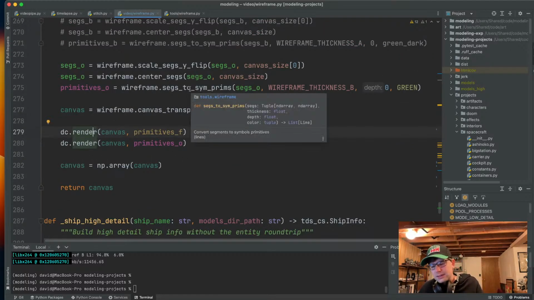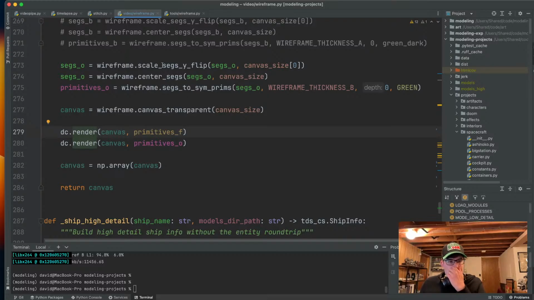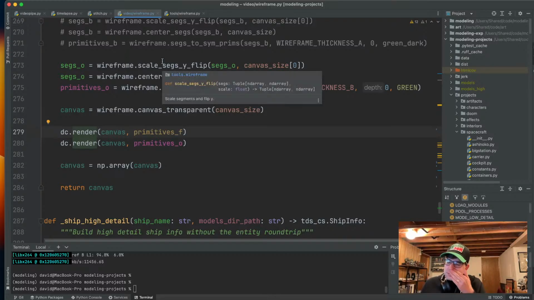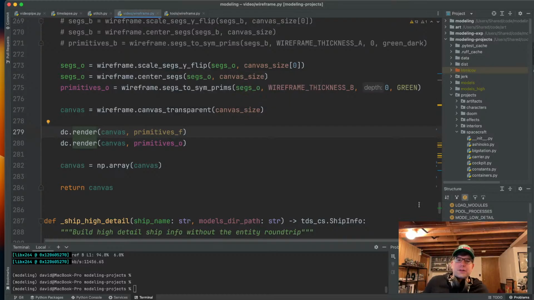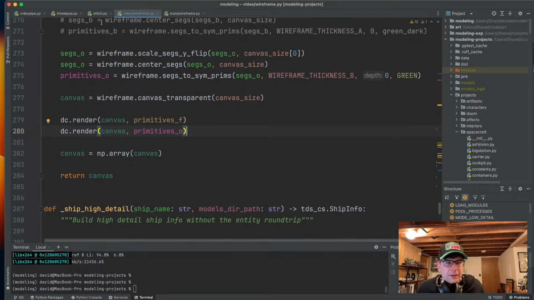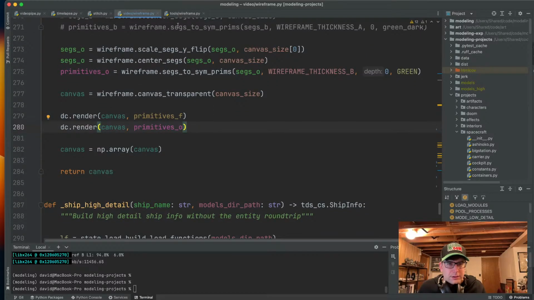I have this old wrapper around Cairo stuff that probably I could get rid of, but that's what's being used. But it's just all going to a NumPy array. And then a neat thing that happens here is